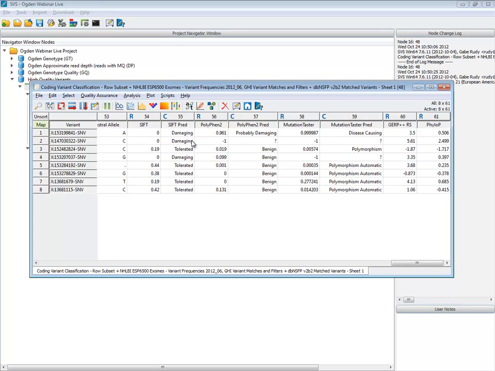Just to give a feel for what's going on, the second variant is predicted as damaging, but doesn't have predictions on the other two. So a number of reasons why. Again, there's a lot of annotations that go into these predictions, but you can also see the other variants that were higher frequency are predicted as benign, tolerated, although you can see again that these things never necessarily line up on all predictions. This one has a different prediction based on SIFT and PolyPhen.